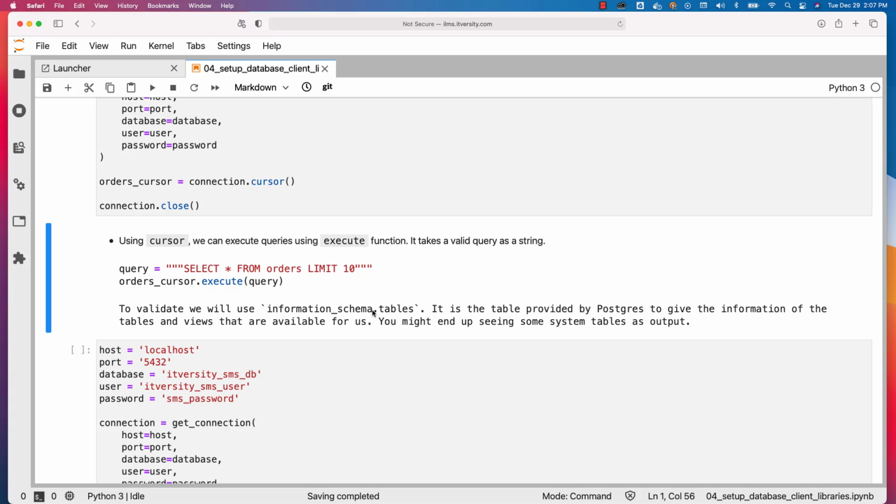information_schema.tables. Information schema is nothing but the schema name. Tables is a view which will contain the table level details that are created either at system level or at the user level. You will see the output and you can understand based on the output in a moment. It is the table provided by Postgres to give the information of the tables and views that are available for us. You might end up seeing some system tables as output. Don't worry too much if you don't understand. Here I am just trying to validate whether we are able to run the queries or not once the connection